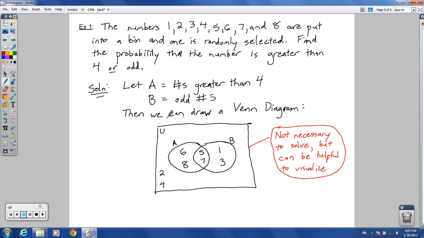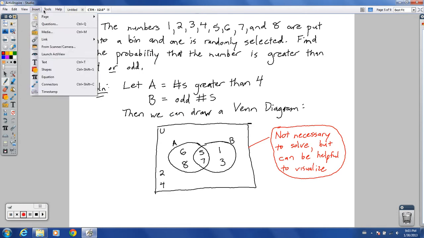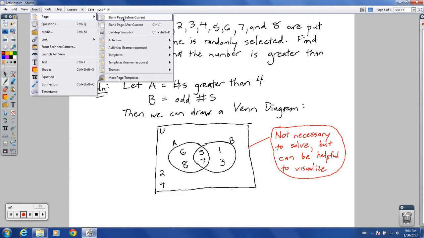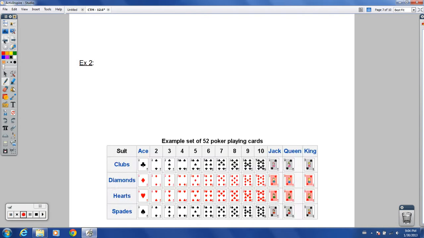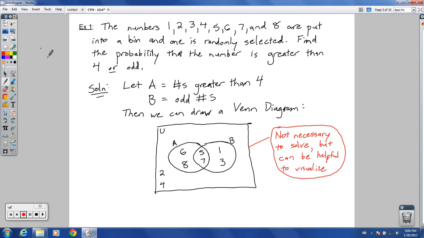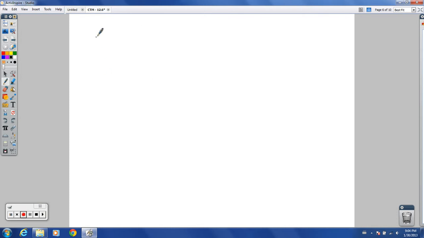Alright, and so we're going to take this. I think I'm going to have to insert a new page here. So blank page after current, there we go. And so we'll go back and forth between that. And so we have, by the addition formula, we're doing an OR problem here. So we're going to use that addition formula from the first page. So by the addition formula,